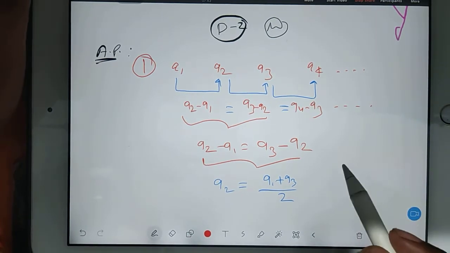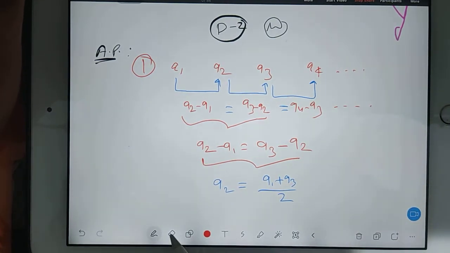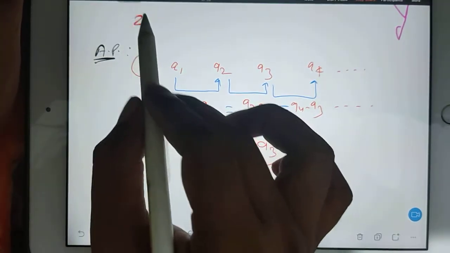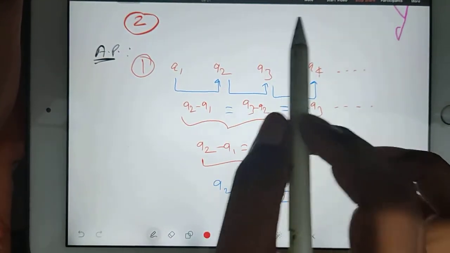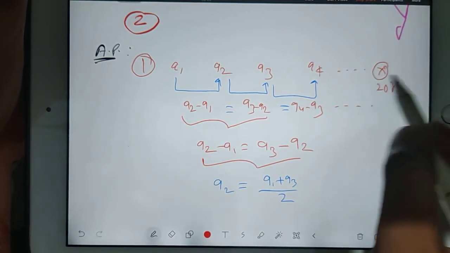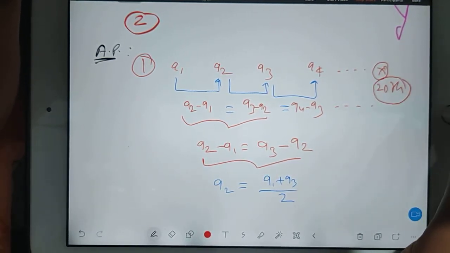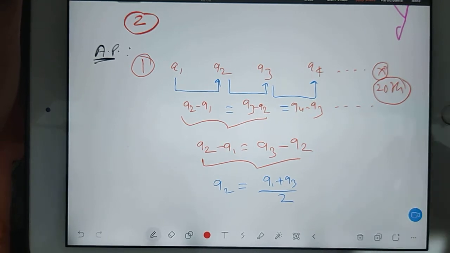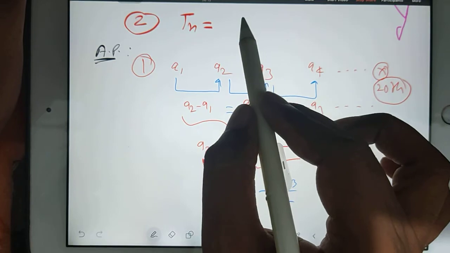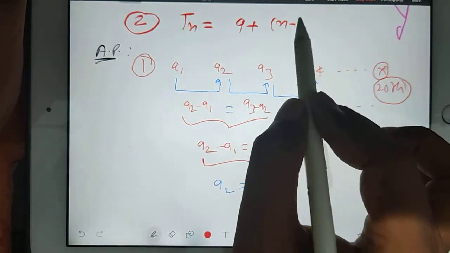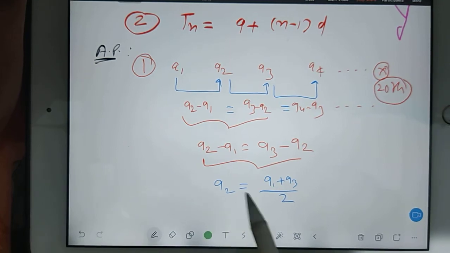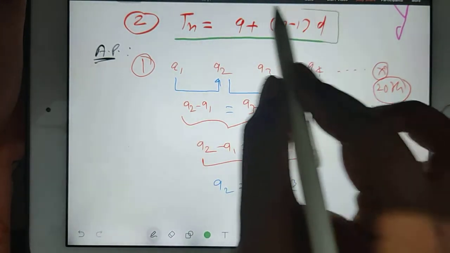Now, we used to have a very popular formula, if you recall your basic classes. In that formula, the second point, we used to find our nth term, like which term will come at the 20th place. For that, we used to have a formula. That formula was Tn is equal to, I hope you remember, A plus n minus 1 into D. A very, very popular formula of that age, right? Tn is equal to A plus n minus 1 into D.